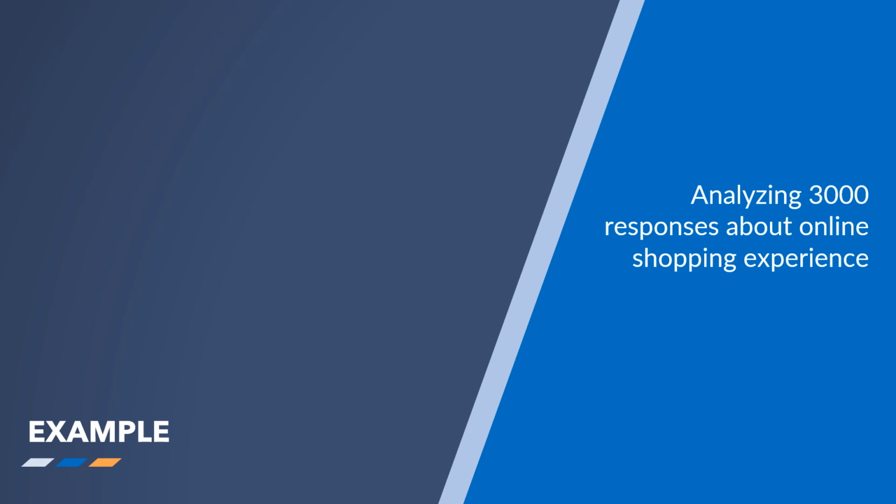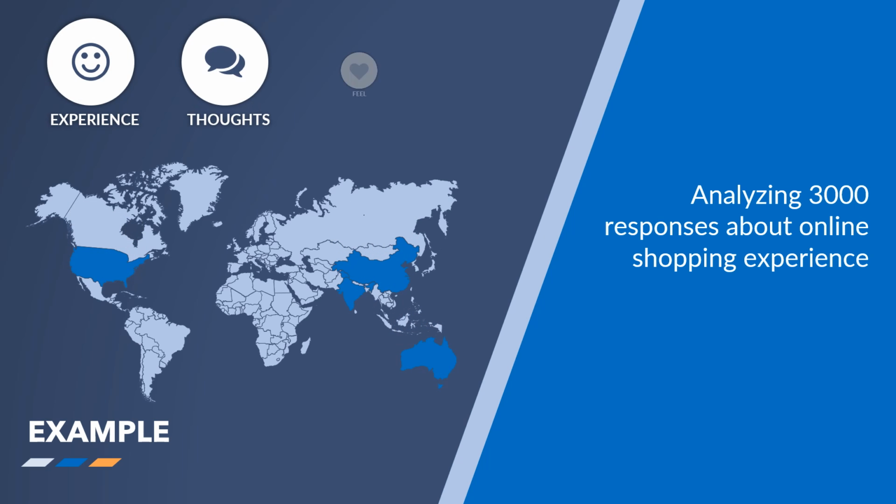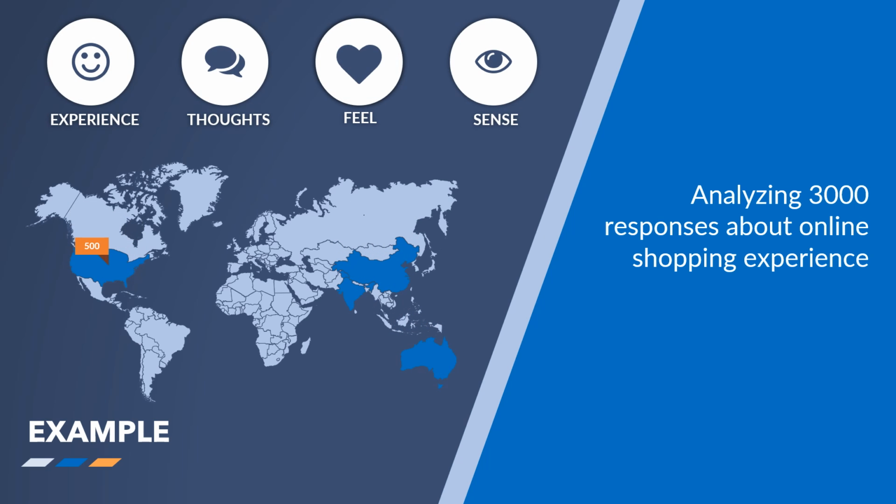For example, in a data set of 3000, the respondents express how they feel about online shopping. The objective of that study was to find out the common themes coming out of their answers. But the dataset was too big and complex with so many variables to consider. So the factor analysis test was the best fit in this case. The test revealed 4 dimensions or themes, which are also called components. Those are sense, feel, think, and experience.